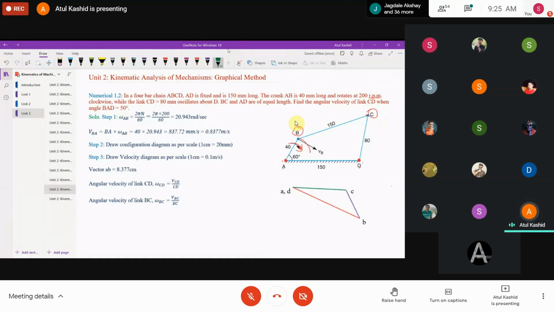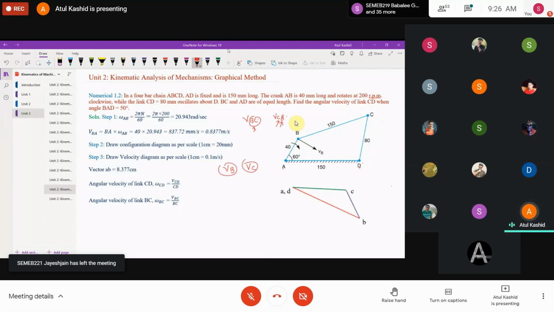First, we'll talk about the absolute velocity, right? So what is absolute velocity? Absolute velocities are written as VB and VC, right? Relative velocities are always written in two letters, right? For example, the velocity of B with respect to C or velocity of C with respect to B. And most of the time, they will not have any fixed point, right? So here we will see VB and VC, right?